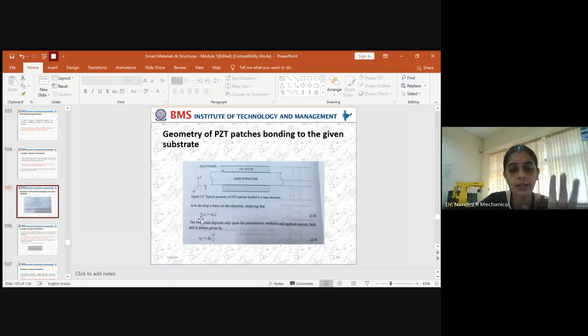This is a concept we have to keep in mind while getting the equation. Based on the free strain, now you have one more equation. The free strain depends only upon the piezoelectric module and the applied electric field. Again, when you go for free strain, it is only the piezoelectric element. You won't have a single layer of piezo element. A piezoelectric device has n number of stacks, and one module of piezoelectric will have n number of layers.